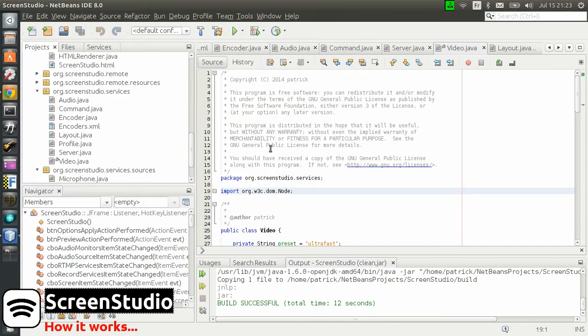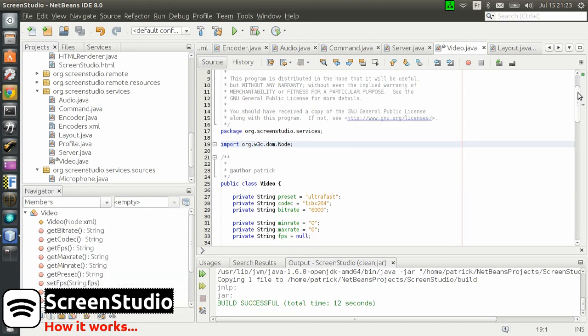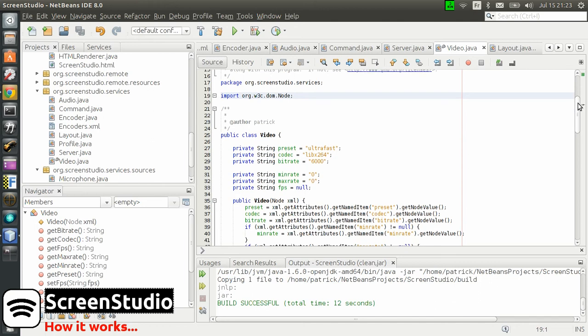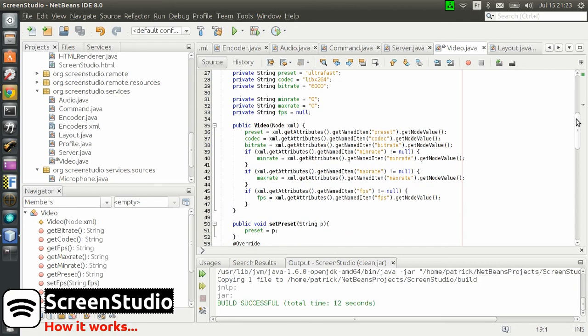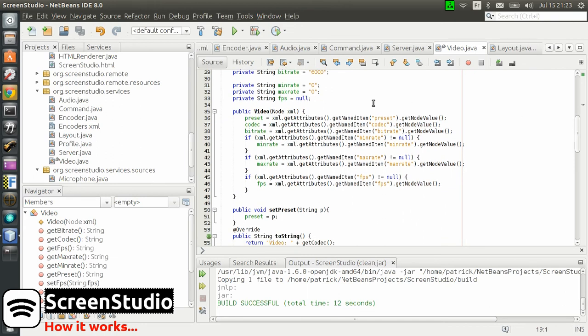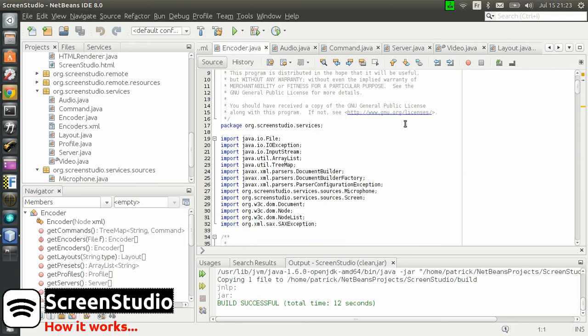So what I had in mind was, how can I have a software that will execute avconf in the background and provide all the parameters without getting into the complexity of keeping all the parameters in text box and having the user to choose between one value or another one. Then it hit me that why not make it simple? So I created two things. First, this is the base of ScreenStudio. So I have the class here, Encoder, that you can find in the org.screenstudio.services. This is the main engine of ScreenStudio,